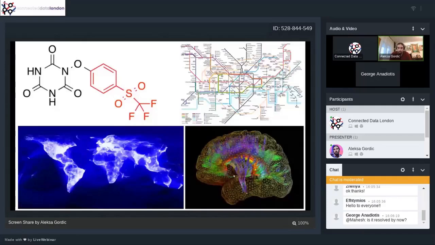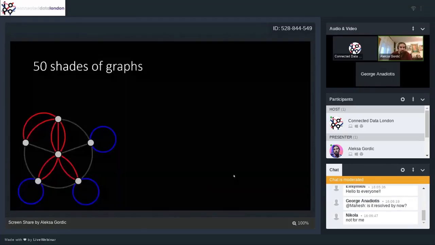You have neurons, and you have connections between the neurons. So again, it's pretty natural to model this as a graph. As you can see, pretty much anything can be thought of as a graph, and we'll see some examples a bit later. But that's the first thing I want you to understand, if you don't already.